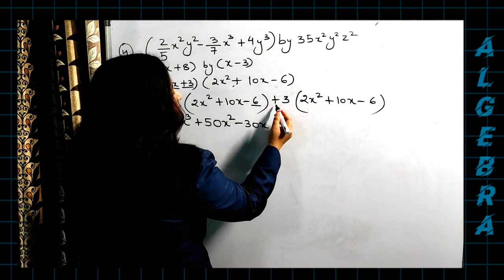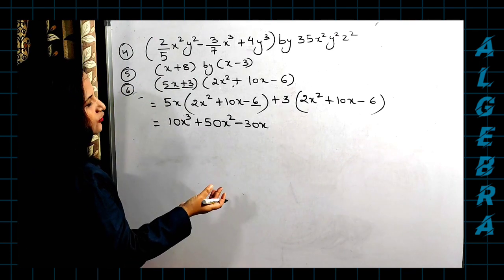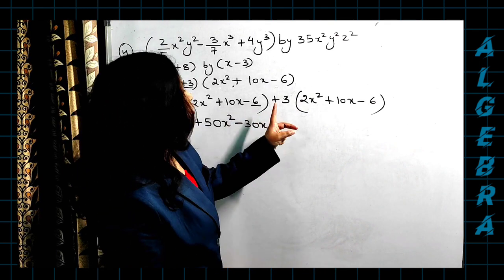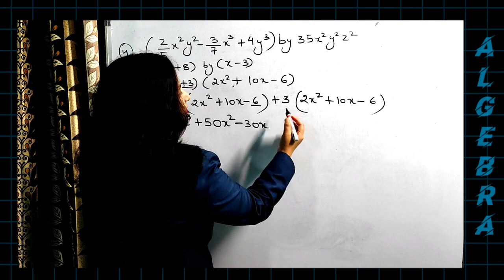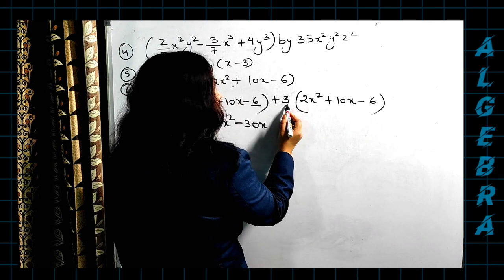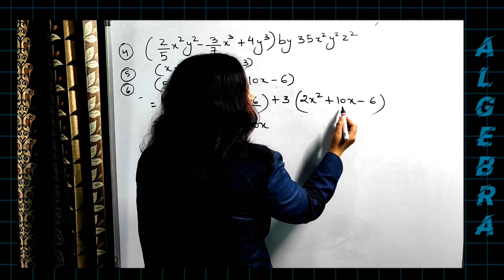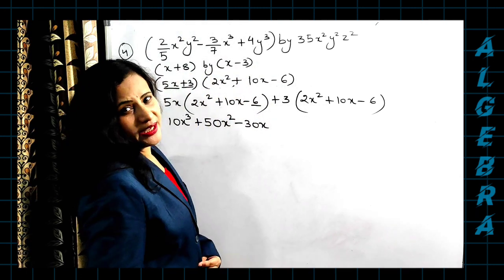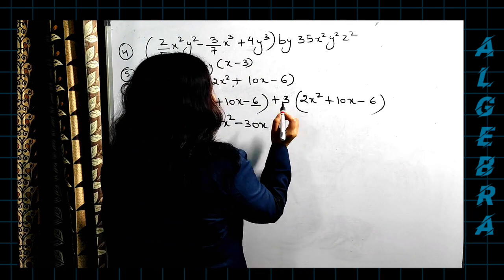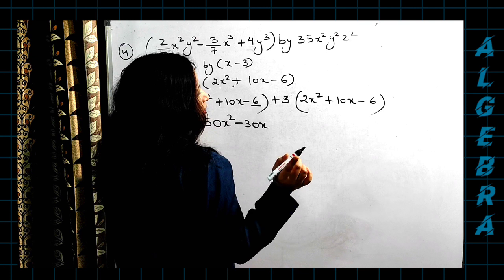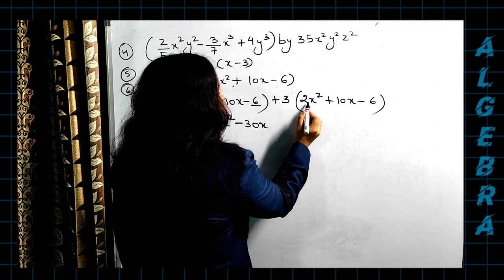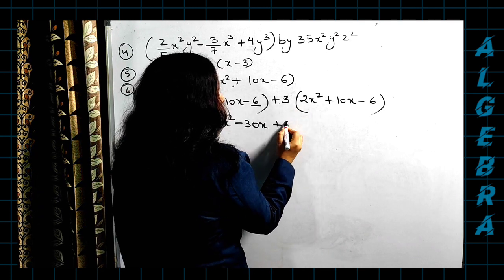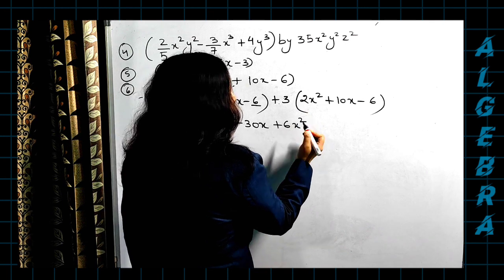Now since here there is a plus sign, I am not confused with that. If a minus sign had been there, I would have been a little careful. But now, plus, I have to multiply in the same manner 3 with all the 3 terms. This 3 first with 2x squared, then with plus 10x, then with minus 6. Always follow that rule of integers here. Remember it while multiplying. Both are positive. 3 twos are 6, so plus 6. Only a single x squared is there, so write single x squared.